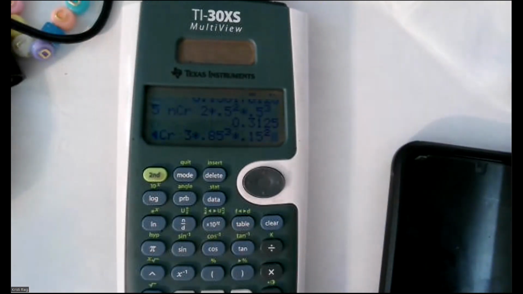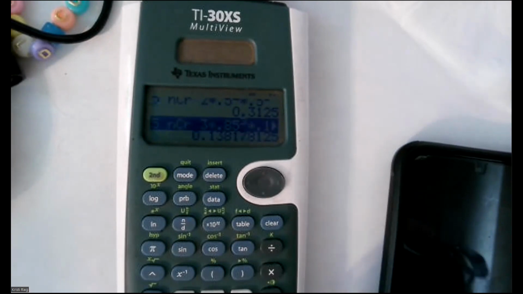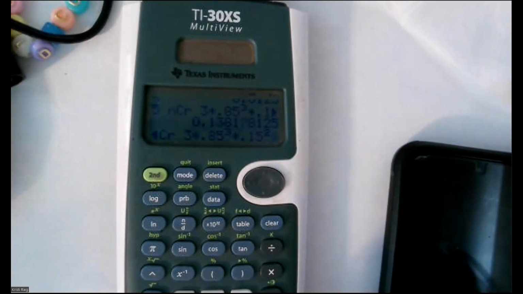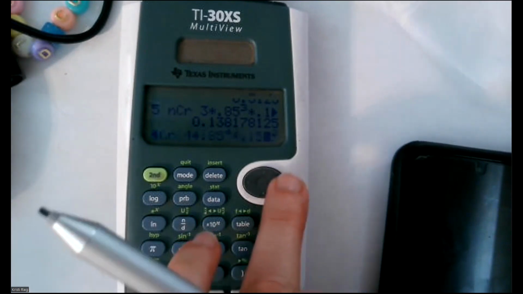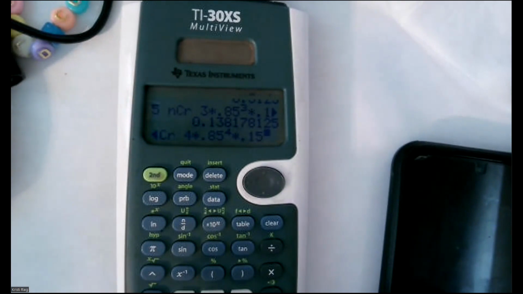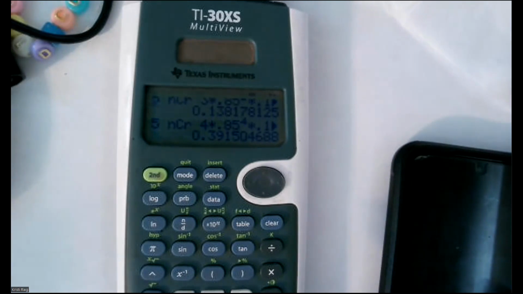Okay, we're just going to leave it like that. So we have that, and I'm just going to hit enter, because that gives us the answer to the first part, which we already did. For the second part, I'm going to go up again, highlight the problem I just did, hit enter, and now I'm going to change all of the things that change in this problem. So the 3 changes to a 4, the 3 changes to a 4, and then this power was 5 minus 4, so this becomes 1, and I hit enter, and I have my next answer,